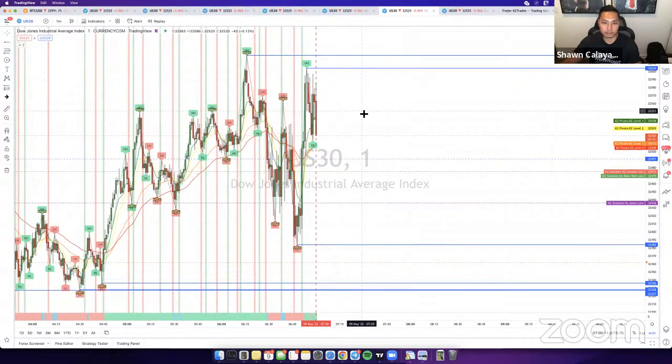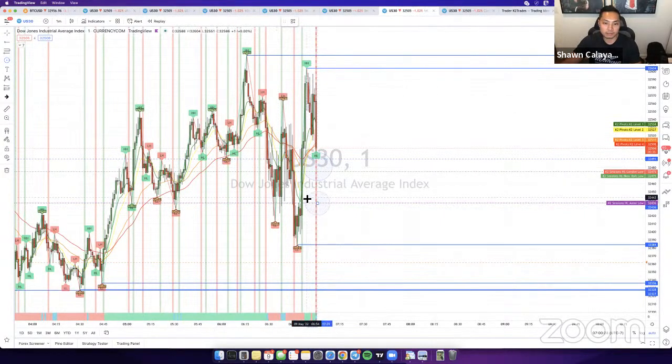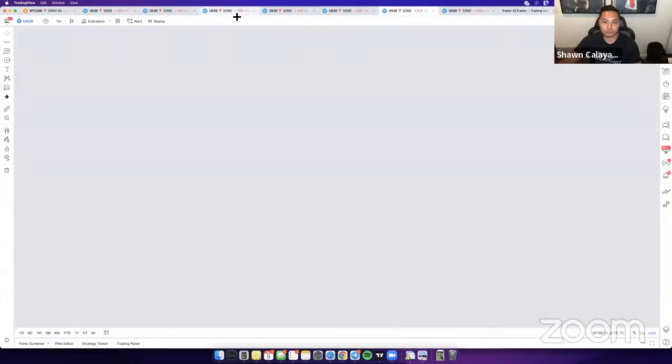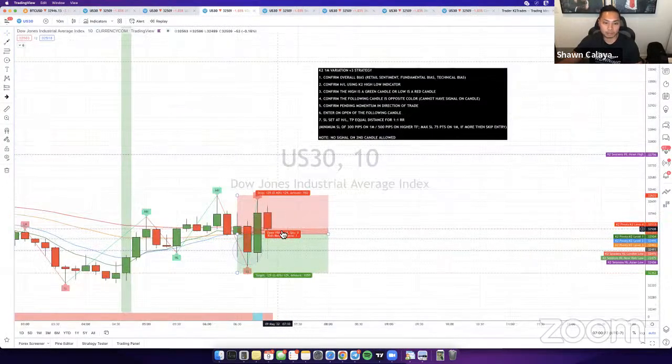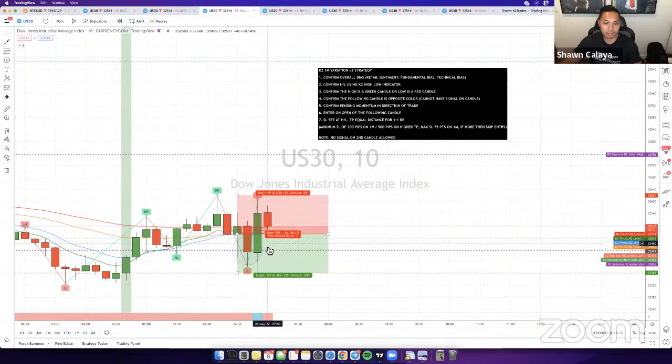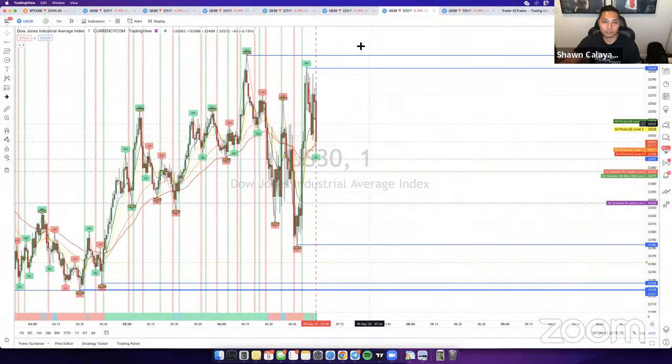Still got 40 seconds left on it. You can see price is now making its way back down. No surprise there. But these are areas you want to avoid: opening price, sessions, and sessions below here. It's a lot of areas you probably want to avoid. So this 10-minute V3 is still technically running, not one that I would take because again, right here, it's still at the sessions. So a lot of red flags right here, indicating why it's a risky entry.